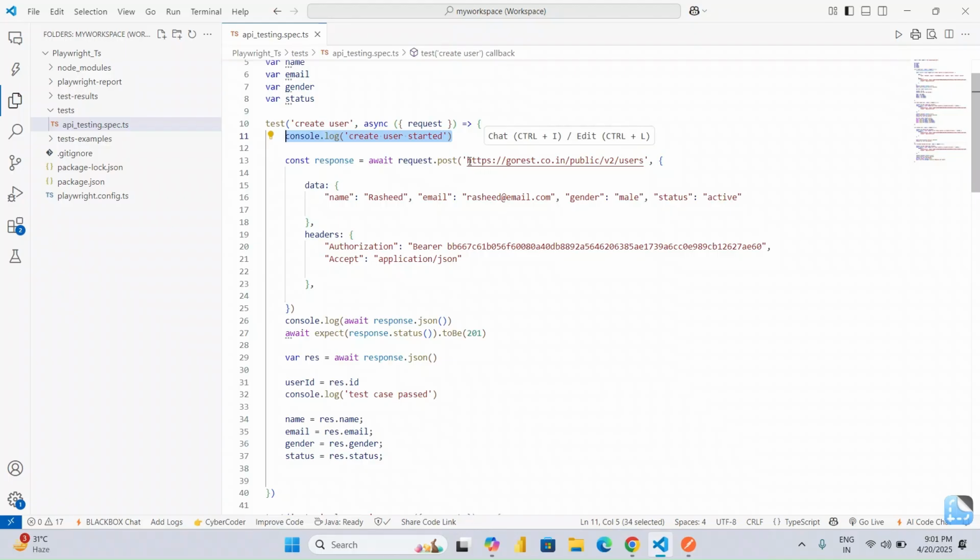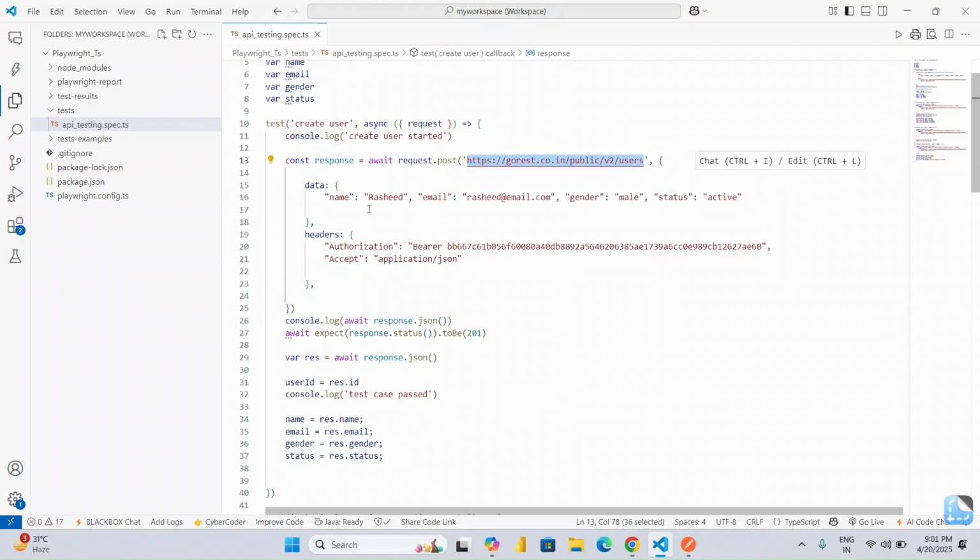You can see here the URL has been passed, and after the URL we will provide the data like name, Rashid, whatever name you want to provide. You can provide any name, like John, Mary, Roman, any name you can provide here, and gender male, female, whatever it may be, and the status active, inactive,